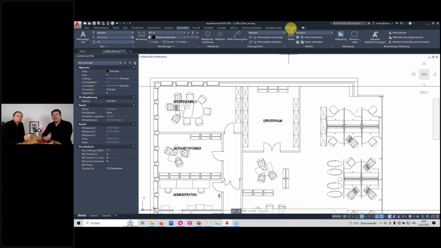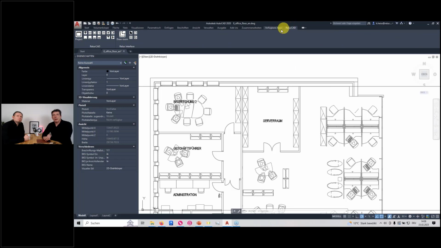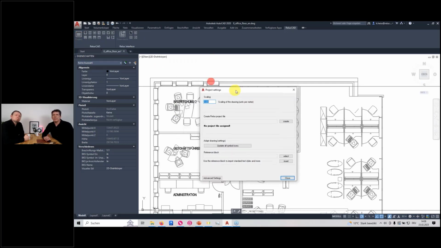After the installation, the ReluxCAD plugin will be shown as its own ribbon at the top of AutoCAD, and there you will find the available commands which can be used in our plugin. The first step, whenever we want to work directly with Relux, is to use this project button. When we click on it,